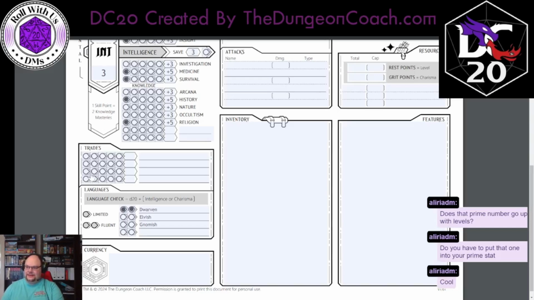And I'm going to give up one of the trade points, just like we could give up a skill point to gain 2 knowledge points. I'm going to use one of those trade points to give myself limited fluency in Elvish and Gnomish. And then I have 2 trade points left. So I'm going to give myself mastery in 2 trades. I'm going to choose...